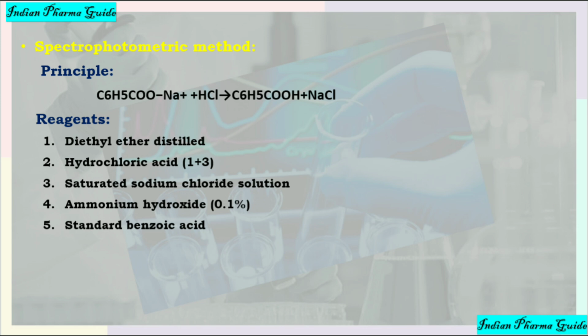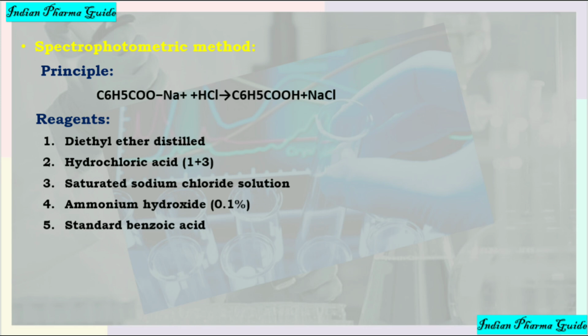Next one, spectrophotometric method in quantitative methods of analysis of preservatives. In this first one, principle. Here benzoic acid is extracted from a prepared sample by using diethyl ether, and the absorbance of the ether layer is measured at 272 nanometers, 267.5 nanometers and 276.5 nanometers by using a UV reagent. From the corrected absorbance and the calibration curve obtained using a standard benzoic acid solution, the amount of benzoic acid